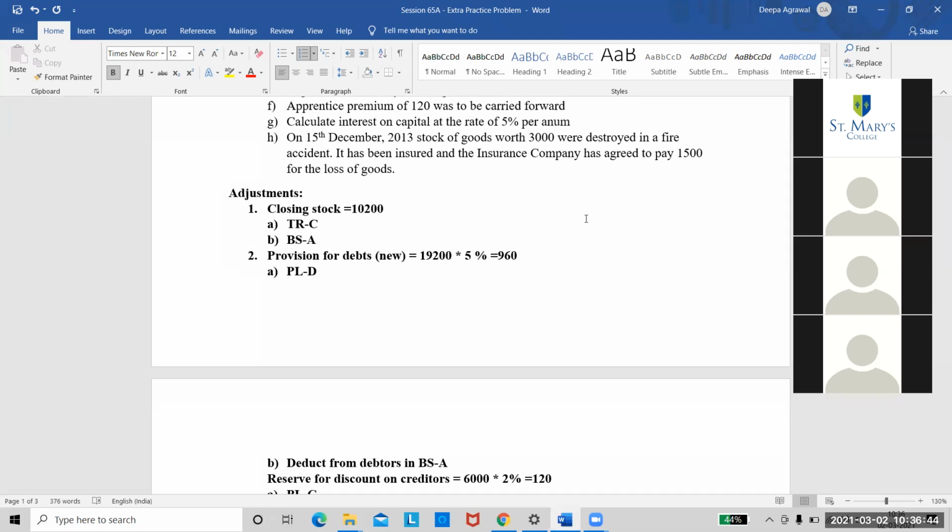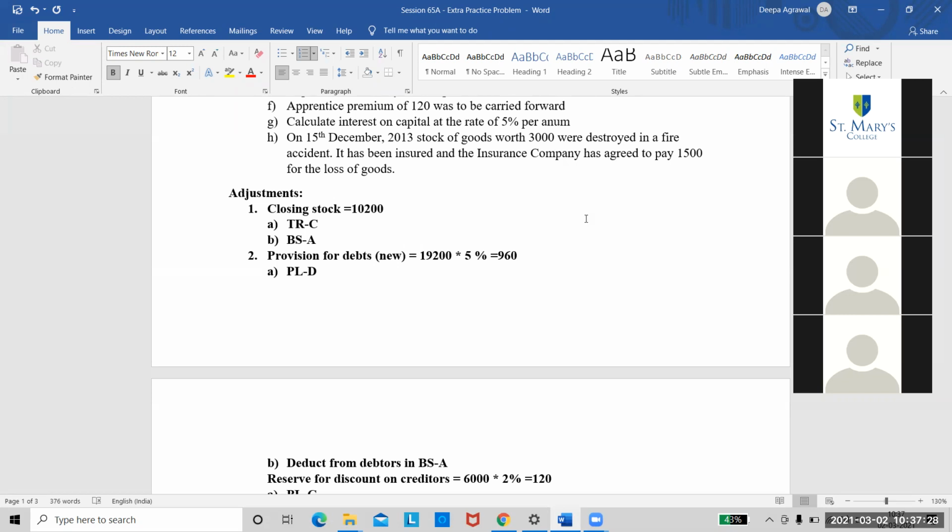So what we do, we post it on the opposite side so that the treatment is the same. So whenever there is loss of goods by fire or by theft or by short circuit, anything like this, the total loss will be taken in the trading account on the credit side. So you will write by goods destroyed by fire 3,000. Second thing, the actual loss will always be taken in the P&L account on the debit side because it's an indirect loss. The actual loss will always be taken in the P&L on the debit side. So in this case, what is the actual loss? 1,500. That will go to P&L.